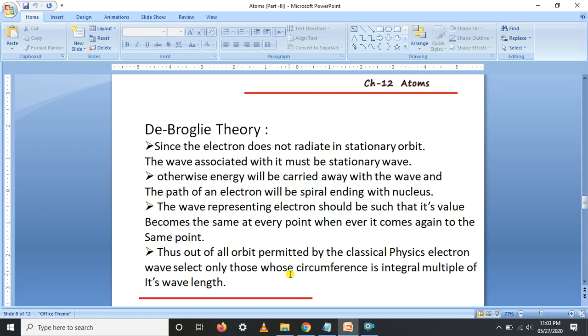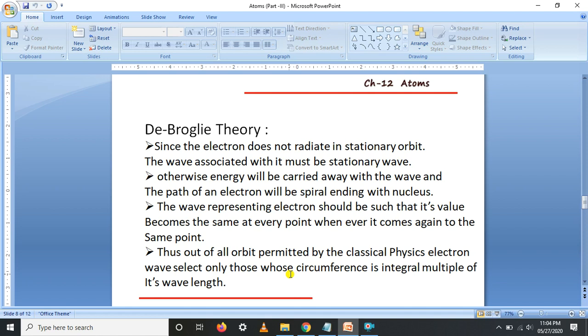The waves with other wavelengths interfere with themselves,